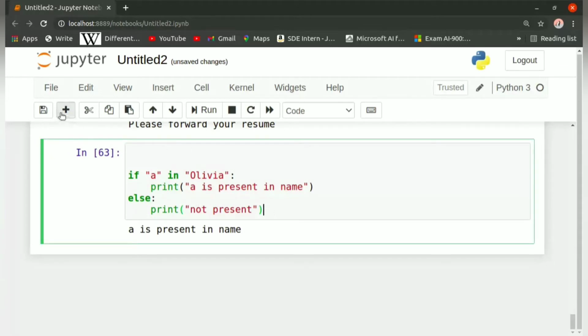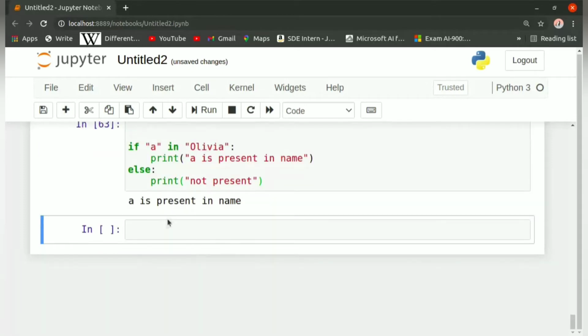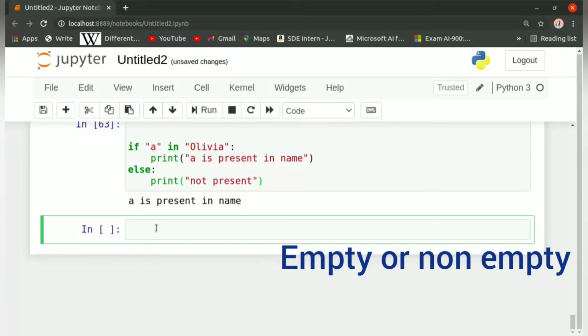Now we can check whether a given string is empty or not. Suppose with the same name variable, let us try to run another code which is basically for checking whether the variable we took is having an empty string or not.